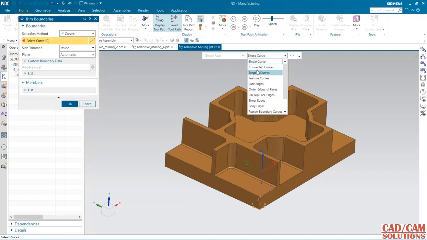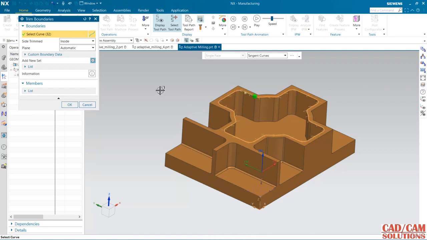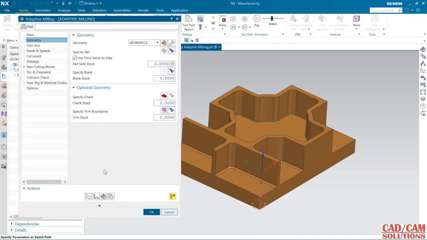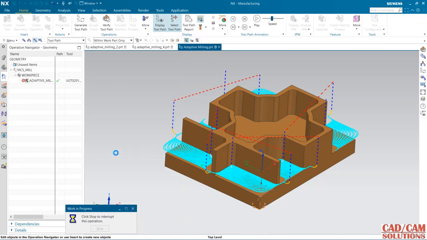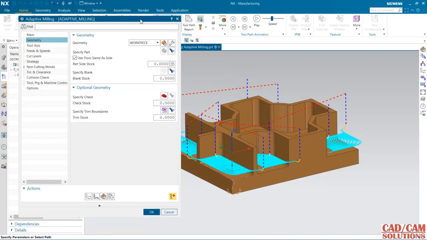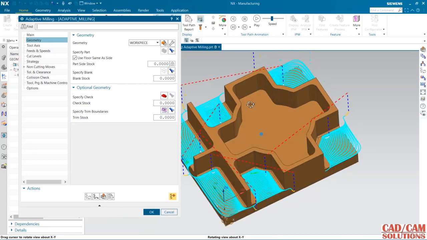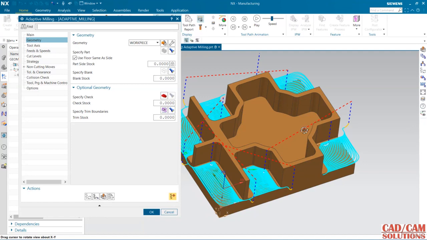So this time I'm going to select this curve, and this is the tangential curve. So inside, the tool will trim inside. Now generate. See, the inner portion is now trimmed. The tool path is now generated inside this boundary, and